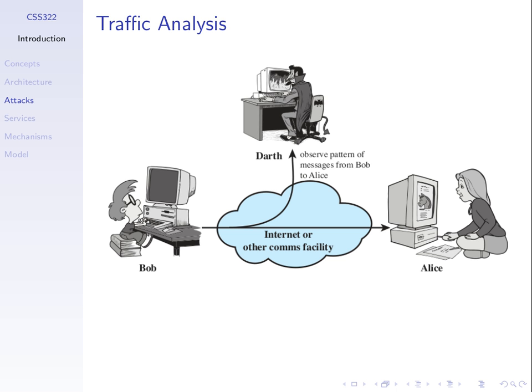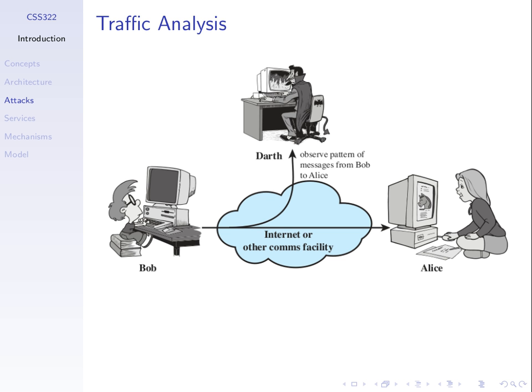But late at night, Bob, someone else, starts sending many messages to Alice. And in fact, Alice is responding, exchanging a lot of messages. At 2 a.m. in the morning, when Alice told her husband she's asleep, Darth gets suspicious that his wife is communicating with someone else,